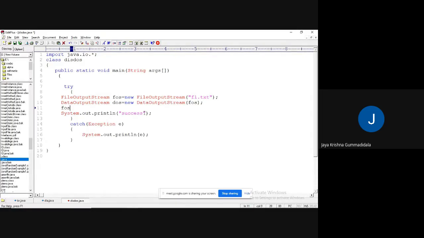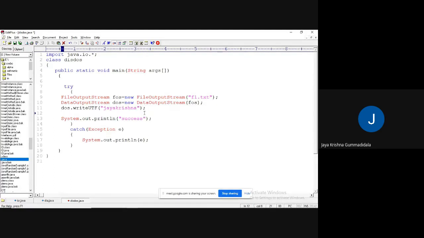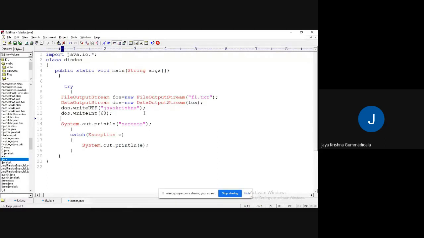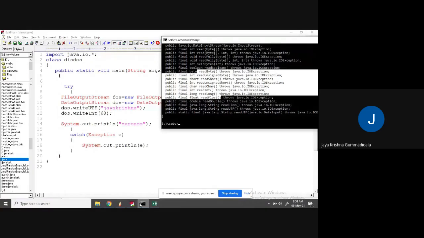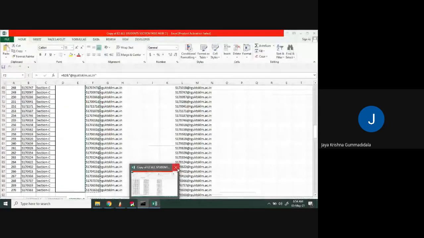Now here I can write dos dot write UTF of, for example, or else write int of 68. Observe. I will try to execute.